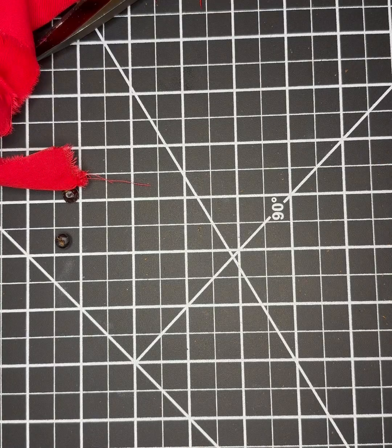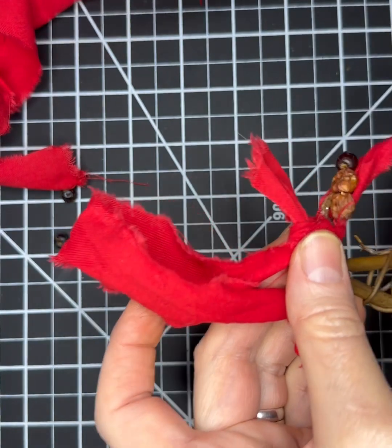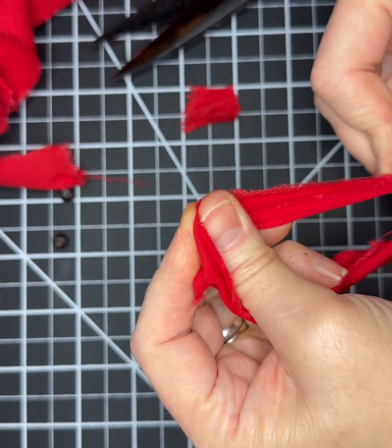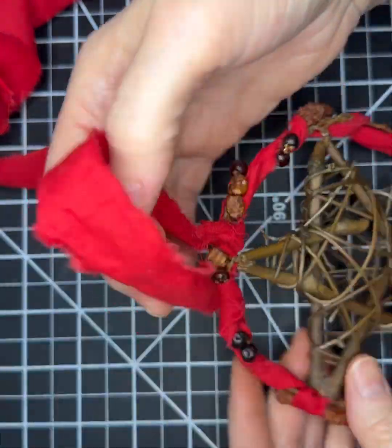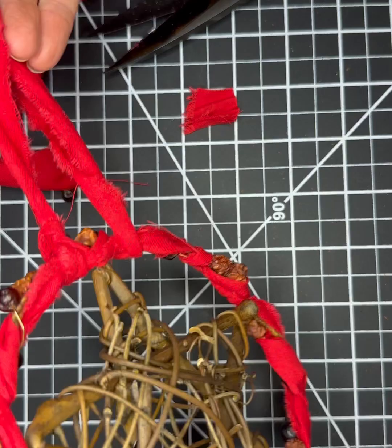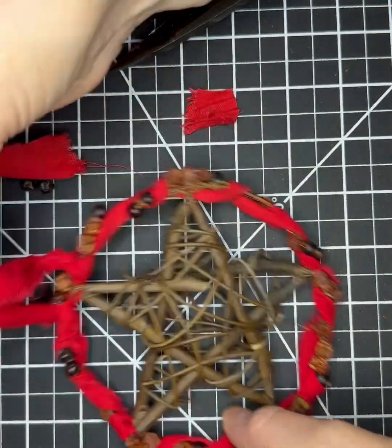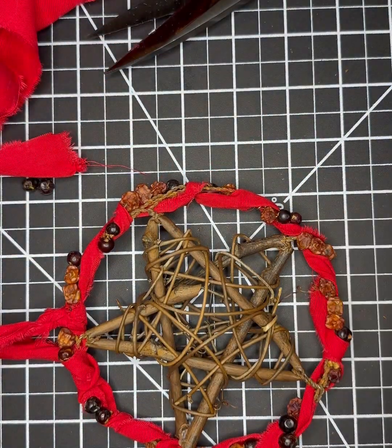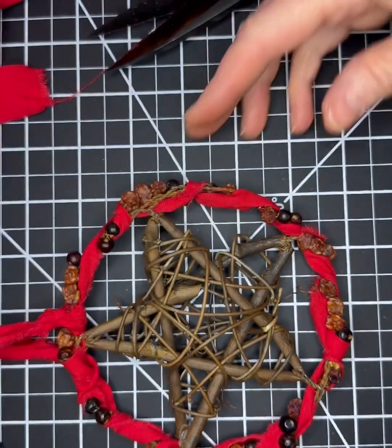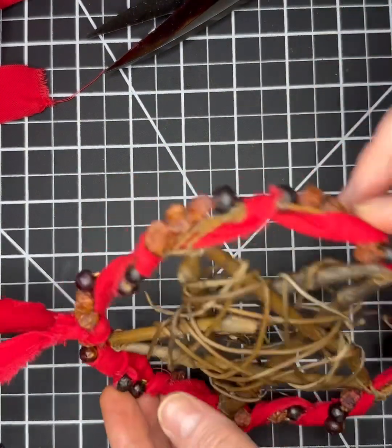And if you... Oh, I skipped ahead, sorry. After you're done wrapping all the way around, see how I've wrapped it all the way around? I just weaved in and out of the berries, and then I took the leftover and made a handle, a hanging piece at the top. And when you're finished